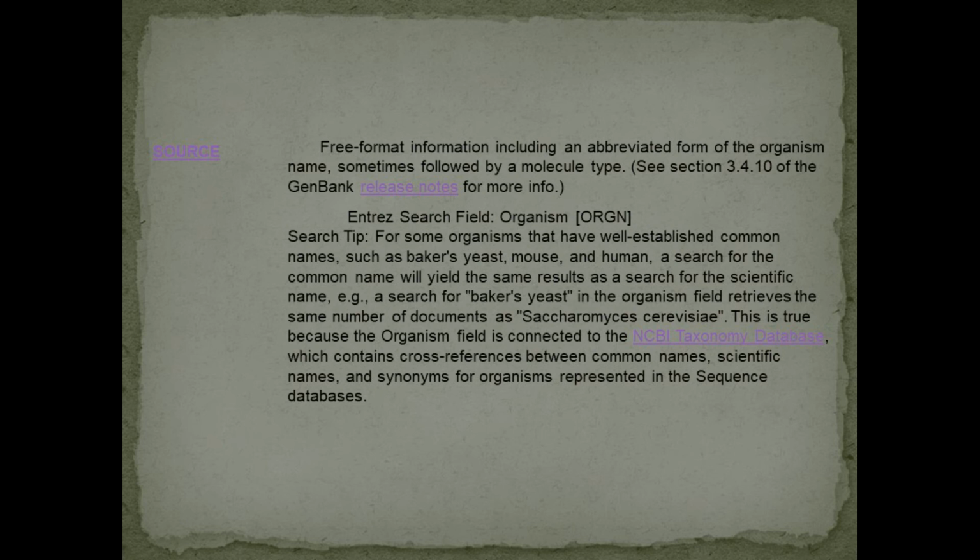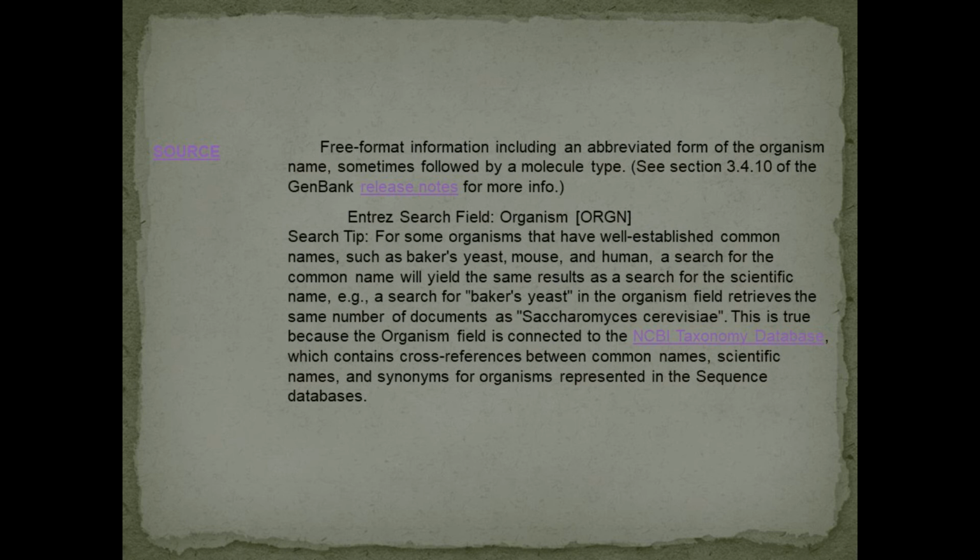A search for the common name will yield the same results as a search for the scientific name. For example, a search for baker's yeast in the organism field retrieves the same number of documents as Saccharomyces.